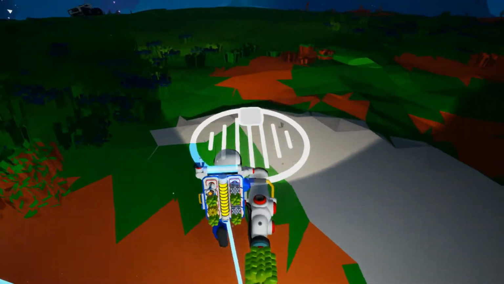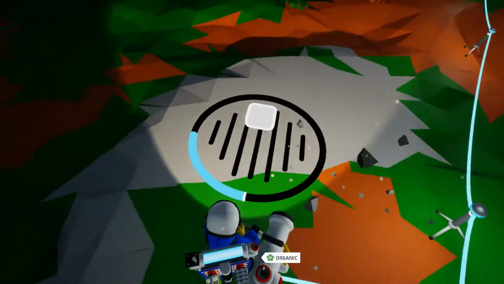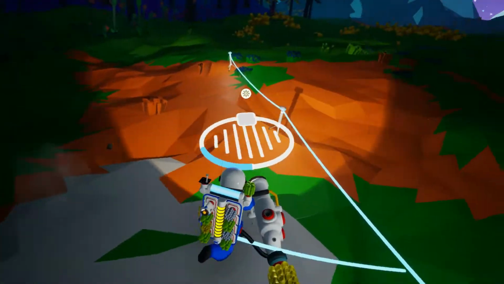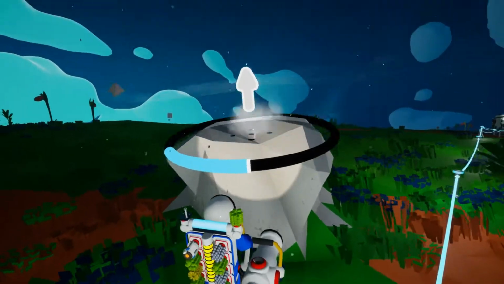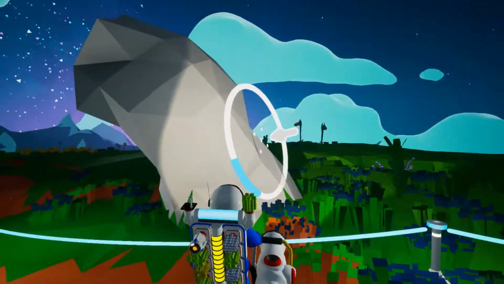You see, there's a bit of a dip here, and if I use the flattener, look, it's going to build and make it all nice and flat. So that's one thing you can do, or using this tool, you can build loads of crazy structures. Look, I'm going to